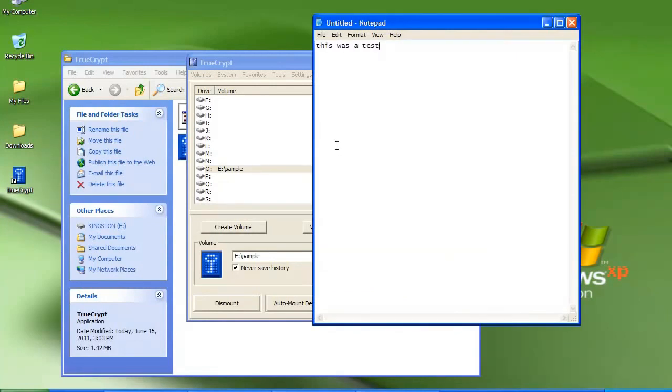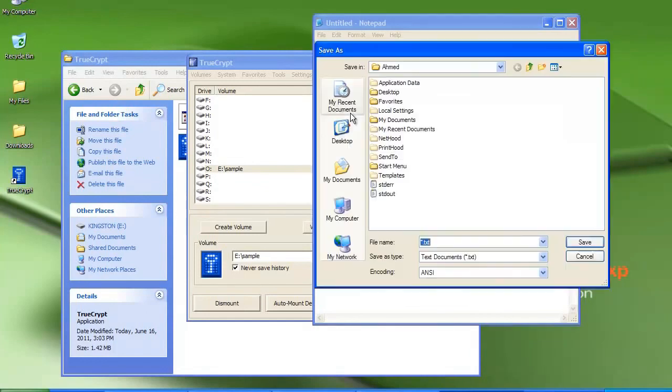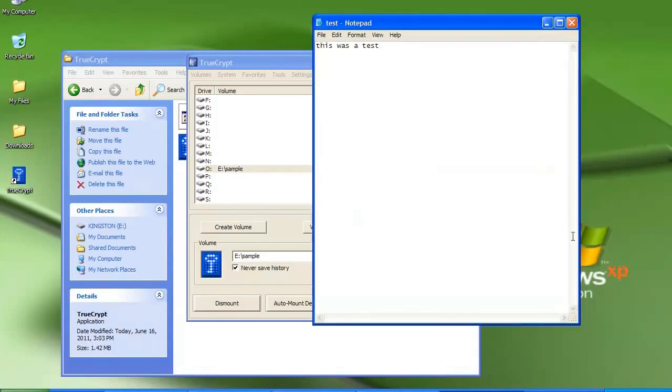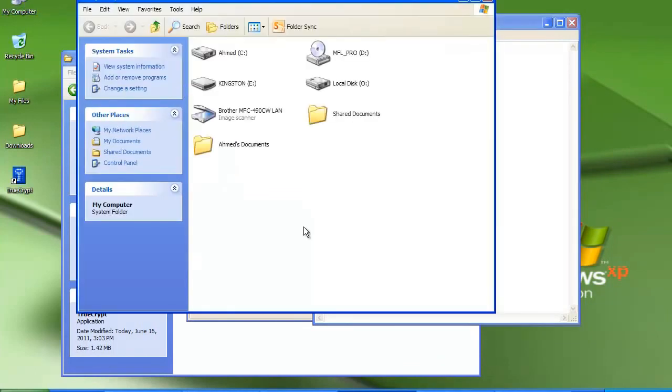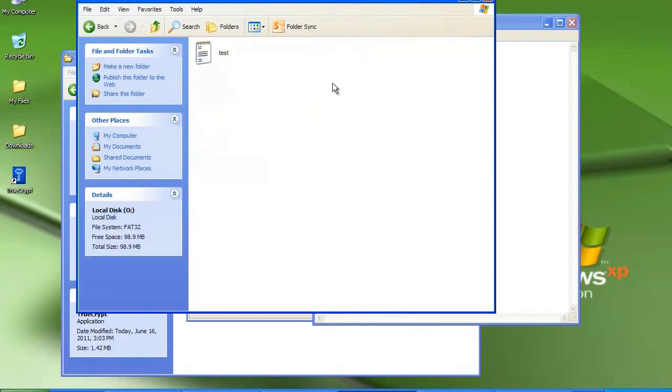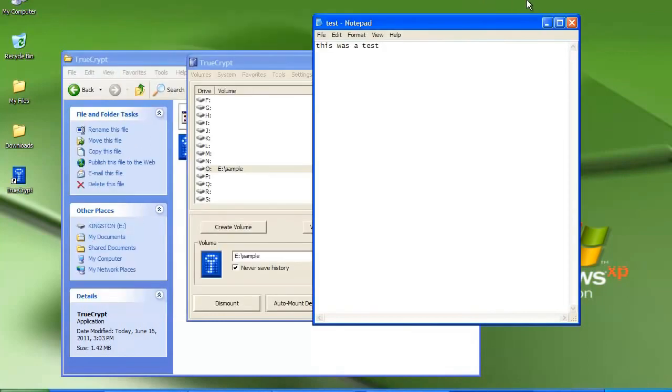This was a test, and we'll save it onto the secure drive of O. You want to click Save. And if we go to My Computer, you will see in the local O drive the test file that we just created in Notepad. No one will be able to access this file unless they have the password for your virtual drive. Once you've completed your work and saved everything